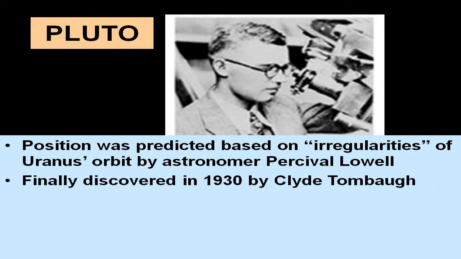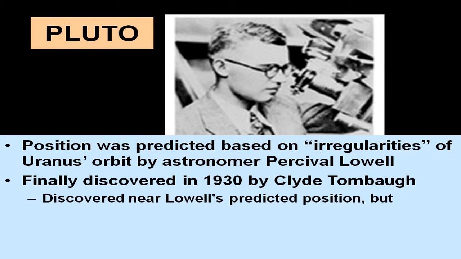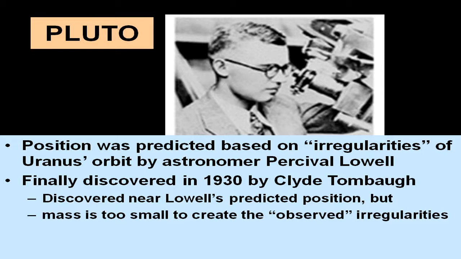And in 1930, Tombaugh discovered Pluto in much the same area where Lowell predicted it should be. So that was a good thing, but it was found later that Pluto's mass was far too small to create those observed irregularities in Uranus's orbit. So really,